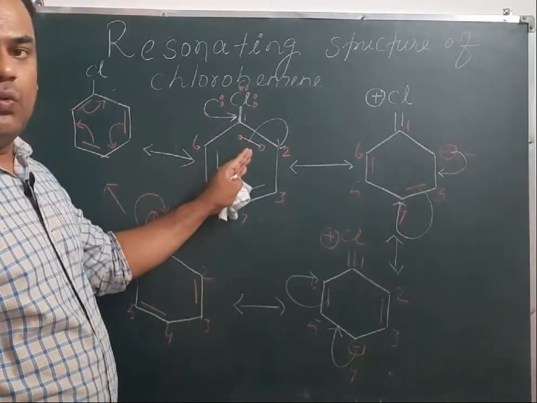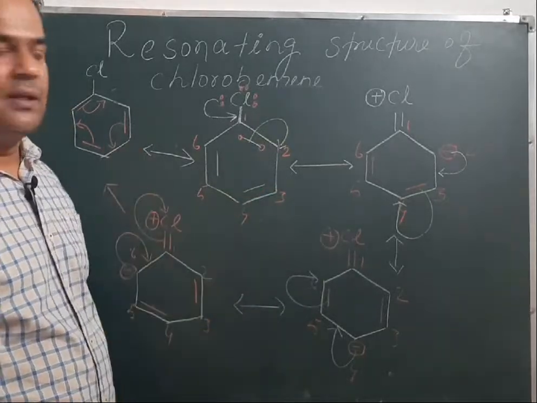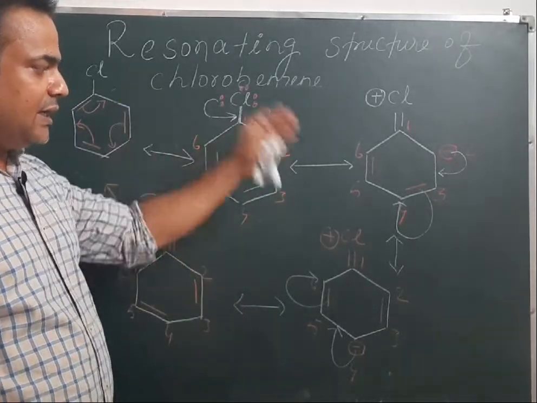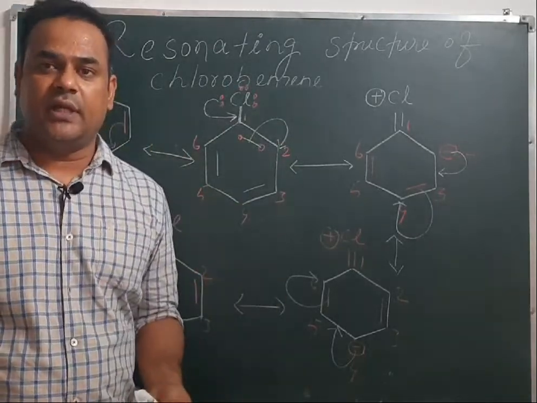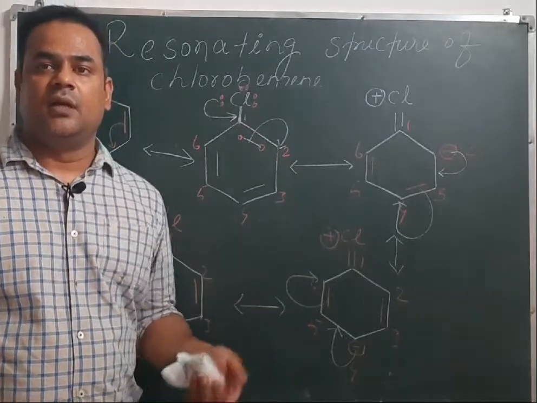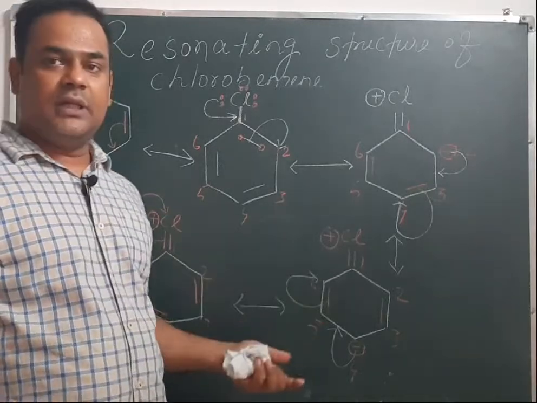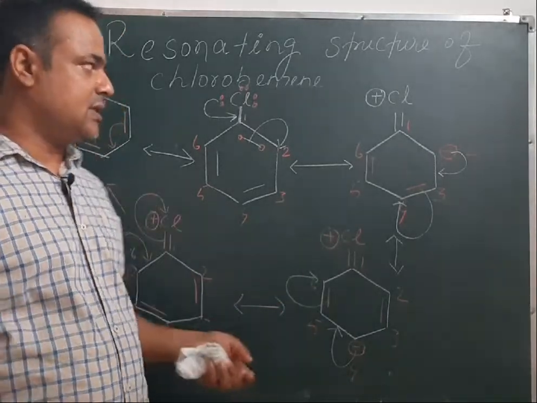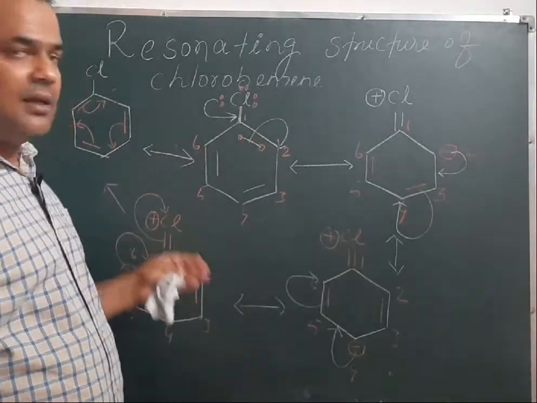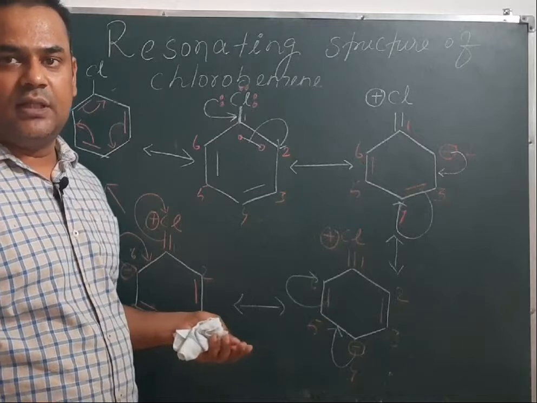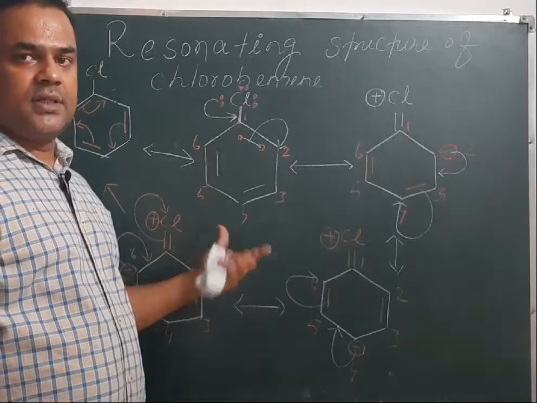So a benzene molecule can be represented by all these resonating structures. The benzene readily converts into all the structures very fast, so fast that we cannot isolate any one of the resonating structures from chlorobenzene. And if we isolate any one, then it will readily convert into another resonating structure. So all these structures you can see here are explaining the structure of chlorobenzene, or the Lewis dot structure of chlorobenzene. That's why it is called the resonating structures of chlorobenzene.